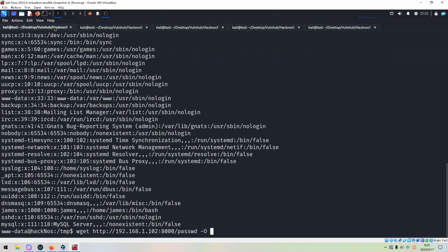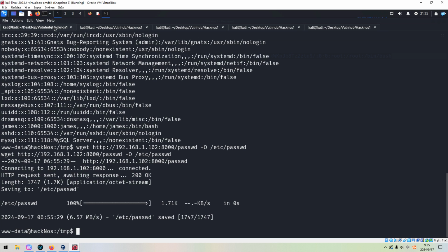Okay, and so this new password file will replace the original password file, and this new file contains a new user. Okay, and this new user has root privilege. So now we can hit enter, no error, right?